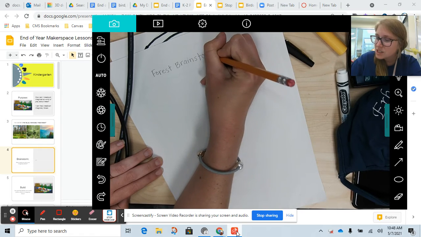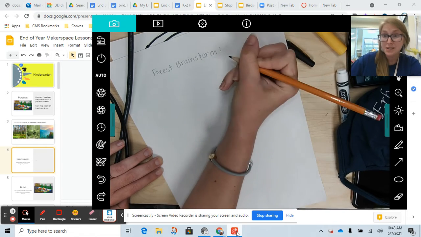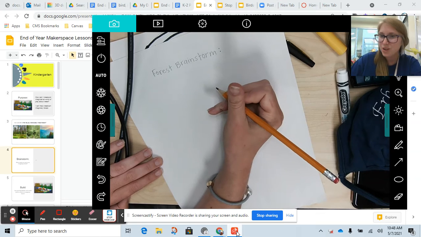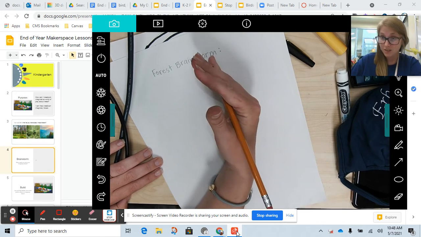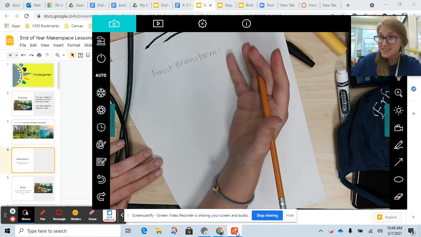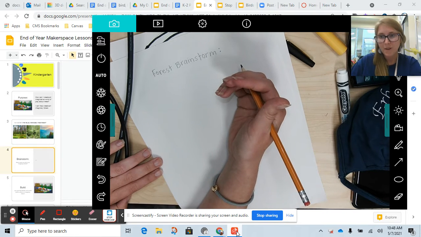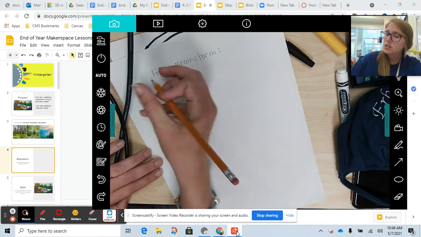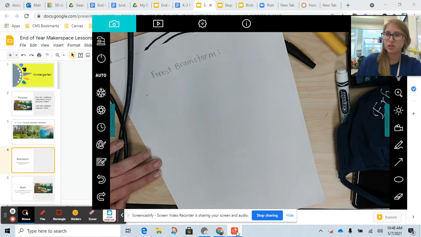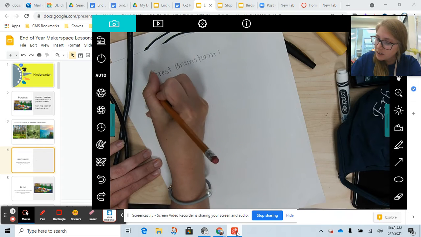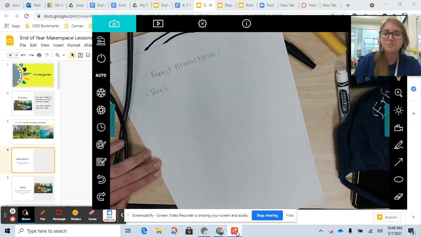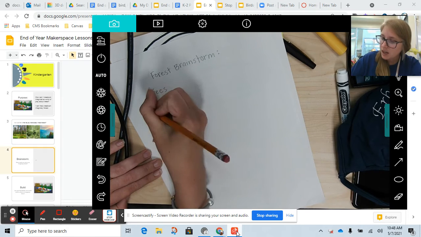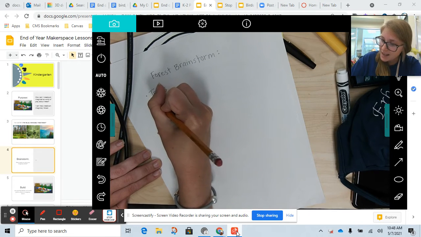And remember, since this is recorded, you can stop or start the video whenever you need to pause and work on your writing. I know Miss Herb writes pretty fast because she's an adult, but you can pause it and write. The first thing that I think of for things in a forest is trees, of course. So I'm going to write trees. Okay, trees, very good. I might also think of grass,